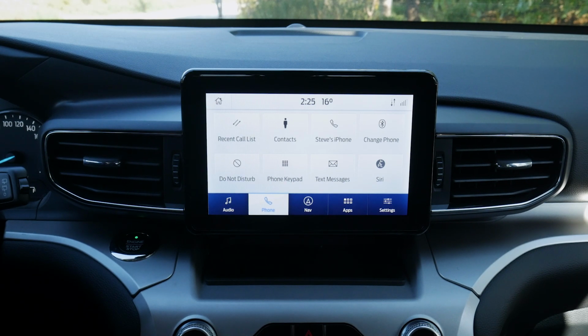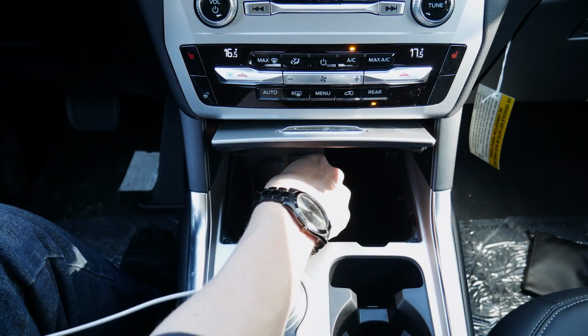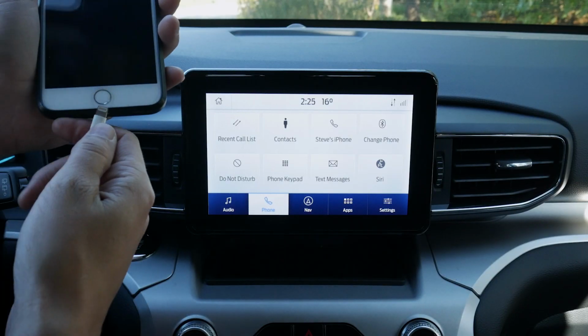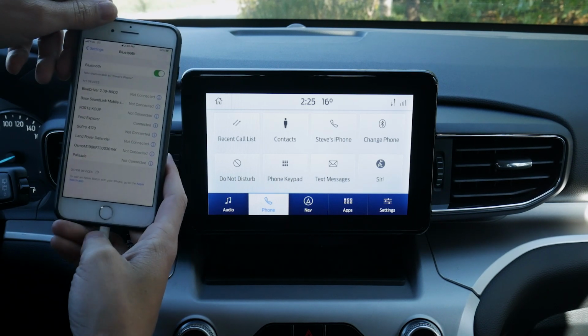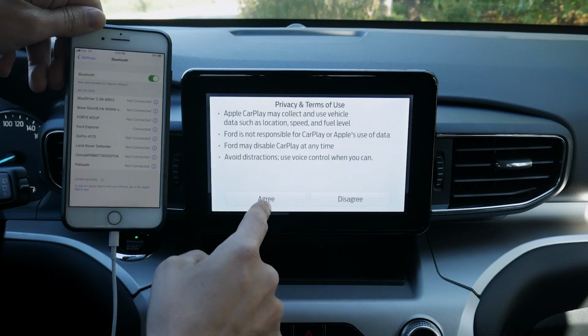But one of the nice things is that inside of this vehicle, we also do have support for Android Auto, Apple CarPlay. So setting up Apple CarPlay is straightforward, starting off with our USB cable, we're going to plug that into that front USB port there. Opposite end of the cable, we're literally just going to plug ourselves in, and we're just going to unlock the phone. Perfect, Apple CarPlay. So we just need to continue there, and we just have to make sure we agree